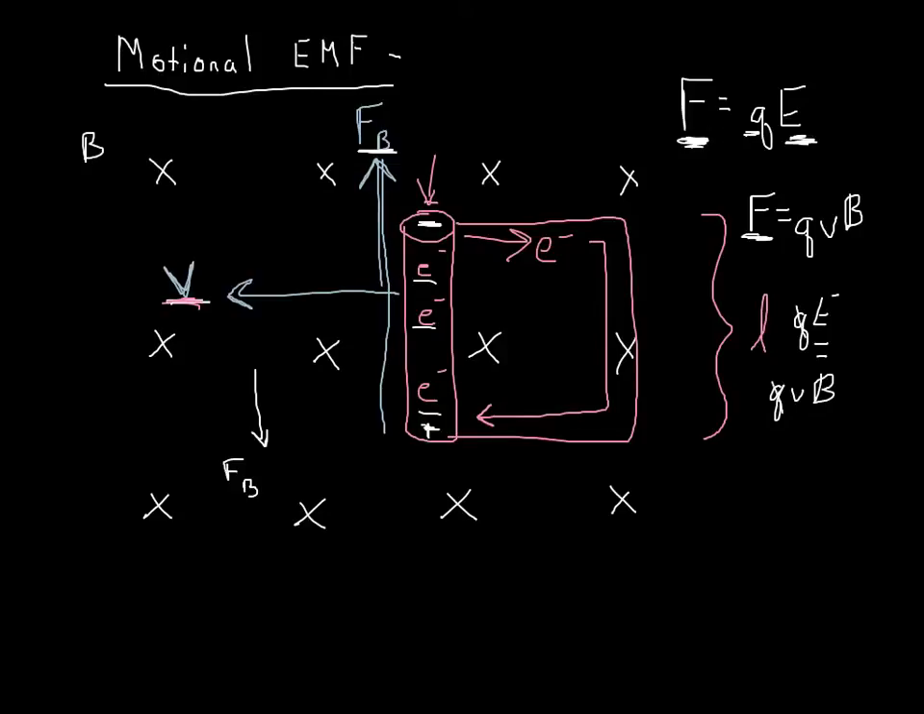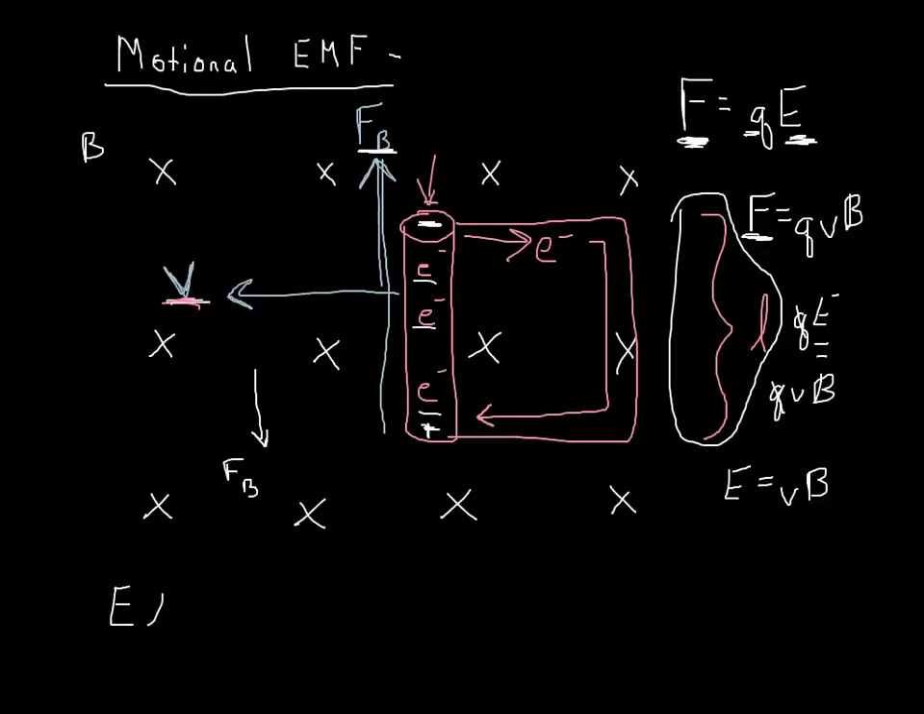My Q's will cancel, and I find out that E is equal to V times B. But we can also take this a step farther. We can look at the electric field that I've set up. If I multiply that by the distance that my electric field is operating over, the length of this wire, so that's going to be L,